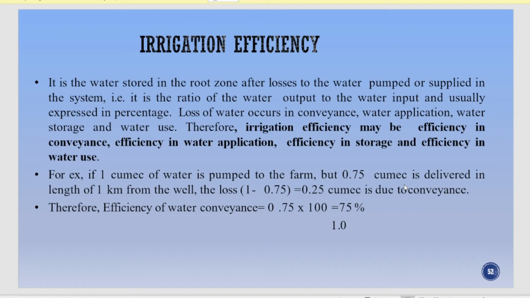If he goes with the conventional practice of irrigation, of application of water, what will happen? It will increase the necessity of water. Because of that, the duty will reduce. So a smaller area will be irrigated by a huge amount of water, right? Like this, the efficiency of water application also plays an important role.